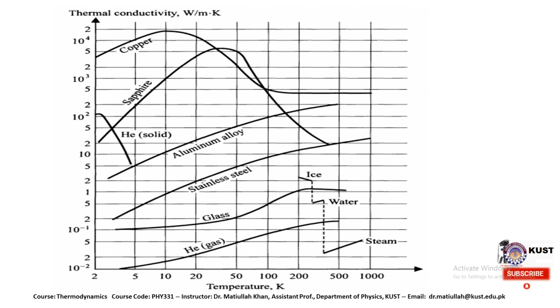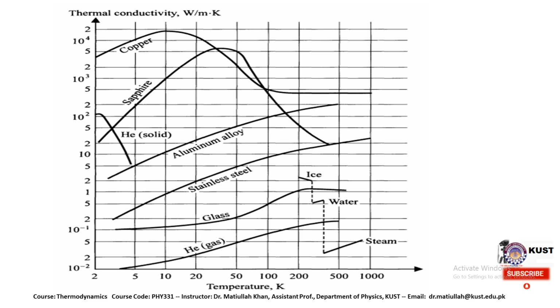Let's come to helium gas. Its thermal conductivity, starting from 5 K or maybe 3 K, increases continuously with increasing temperature, up to 500 K. Similarly for glass, there is very little variation of thermal conductivity between 5 K and 500 K. For ice, when water is in solid form, it has high thermal conductivity,